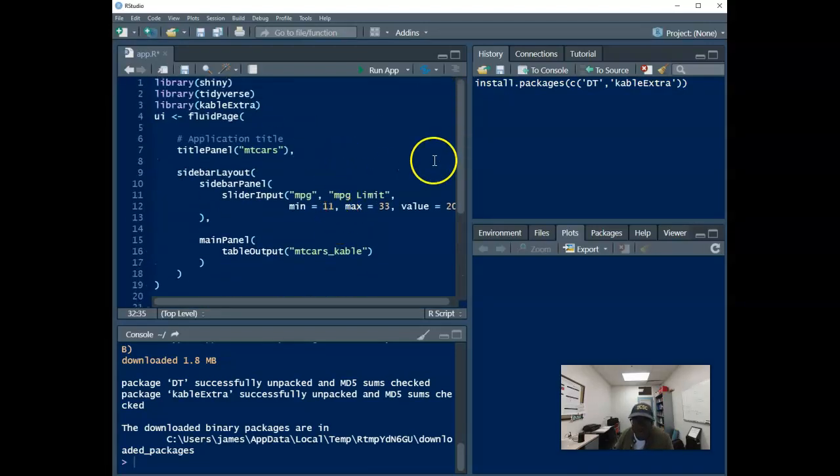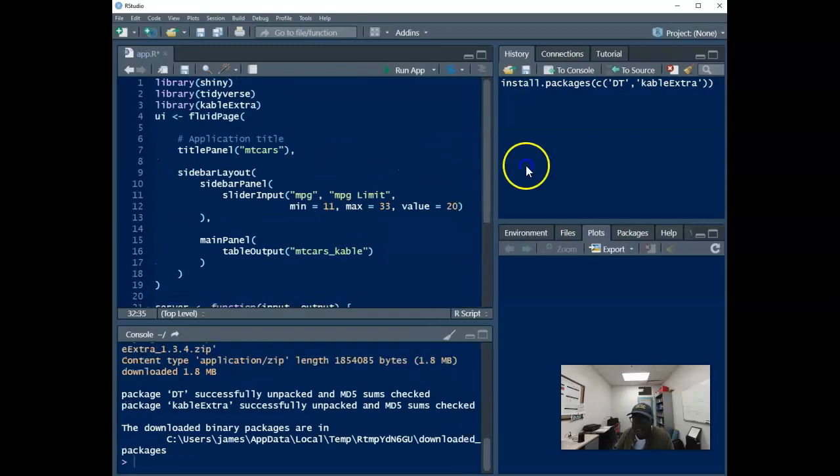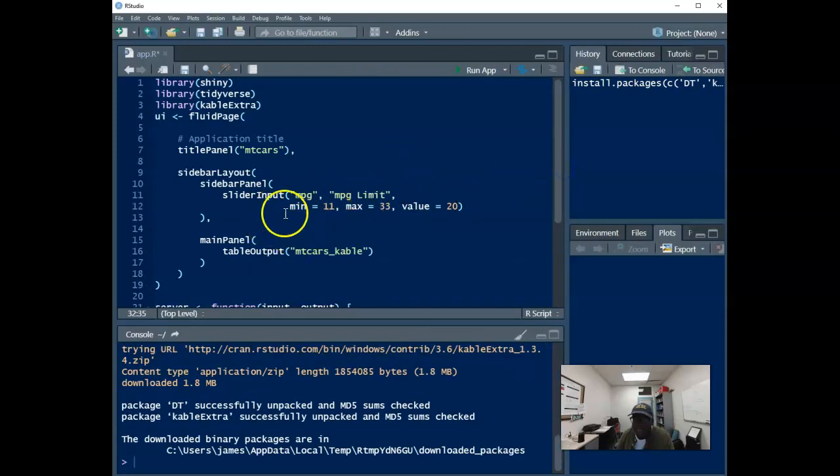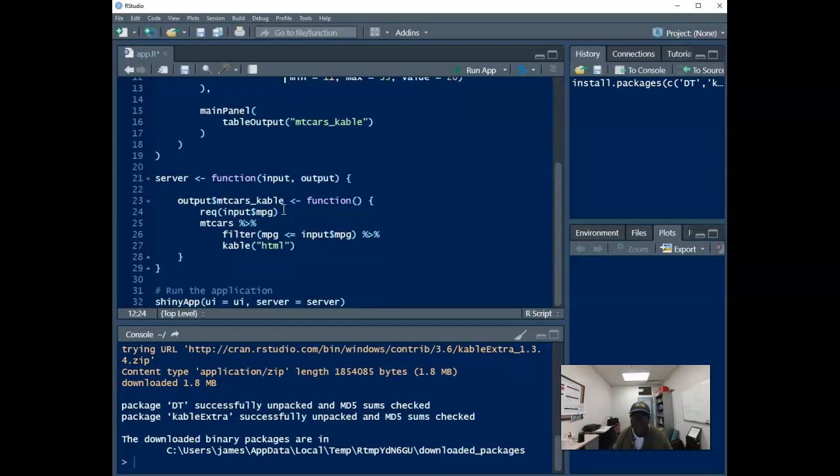So this code here is allowing us to manipulate the miles per gallon, right? Miles per gallon, and our max is 33, our min is 11, and it's going to start at 20. And so this is going to be what the computer sees, and this is what we're going to see. I would make these capital letters so you can see the difference. MPG limit, and then from there, this is going to